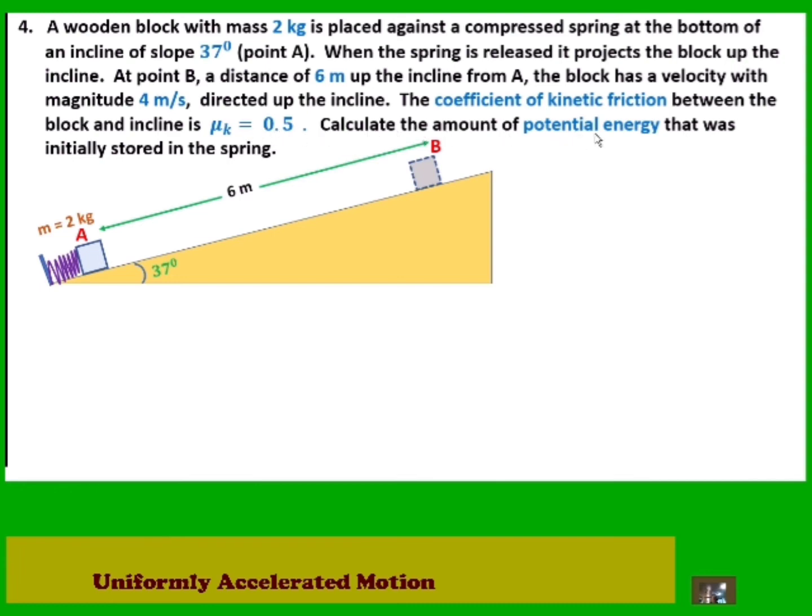Calculate the amount of potential energy that was initially stored in the spring. So this is our problem. This is a block compressing the spring. When released, it moves to point B up the inclined plane, and at point B it has velocity 4 meters per second. For the free body diagram, we have here the normal force,